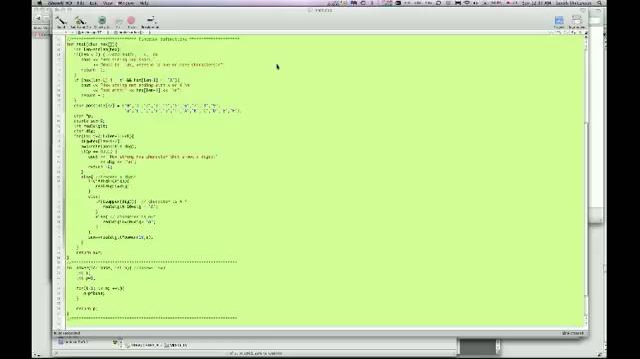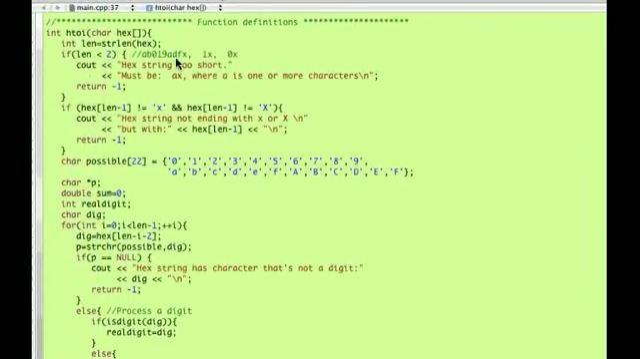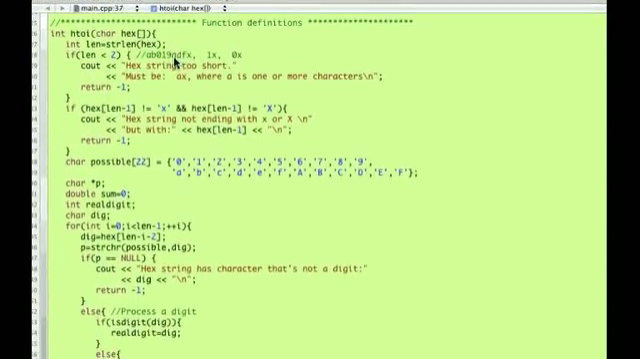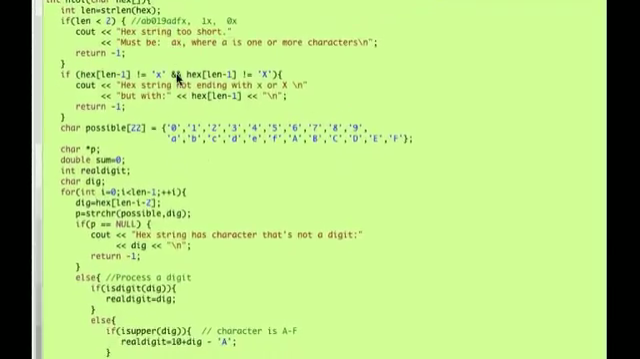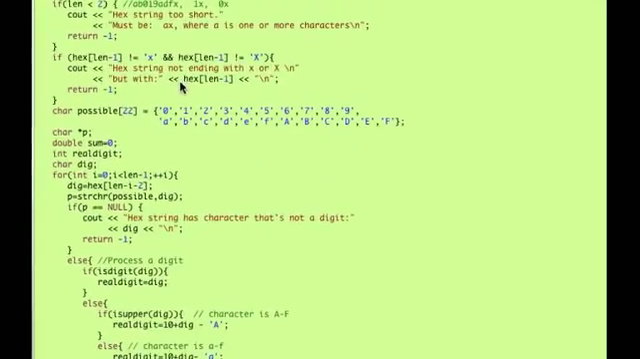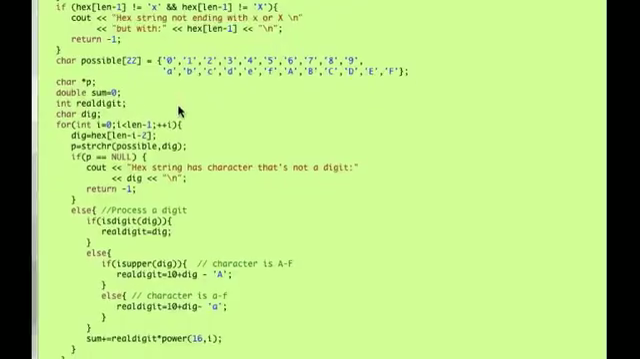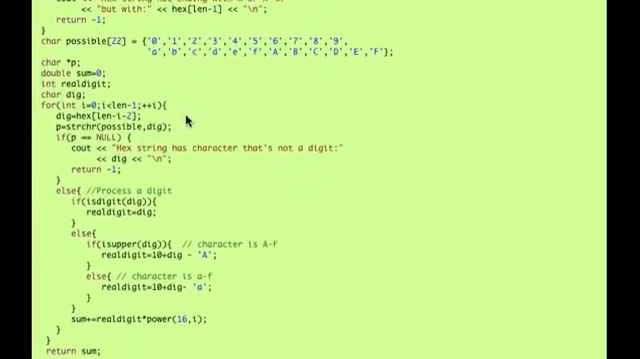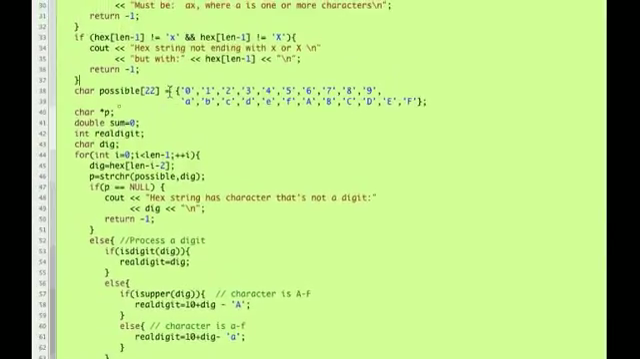Okay, let's see if we can finish the explanation of the function. So the last time we had the two error checks, one to make sure that the string is long enough, and the second one to make sure that the string ends with little x or big X, and now we start the actual calculations. So what did I do? I defined a string,